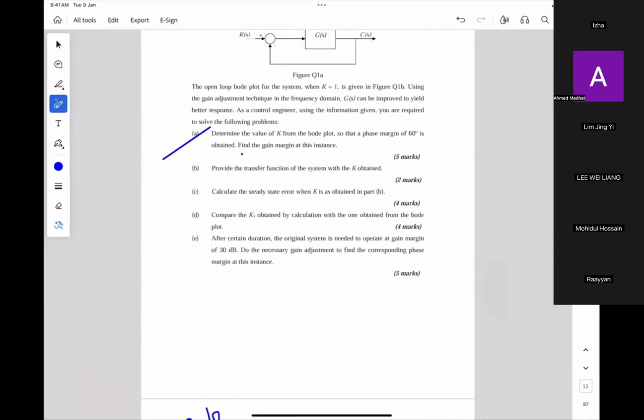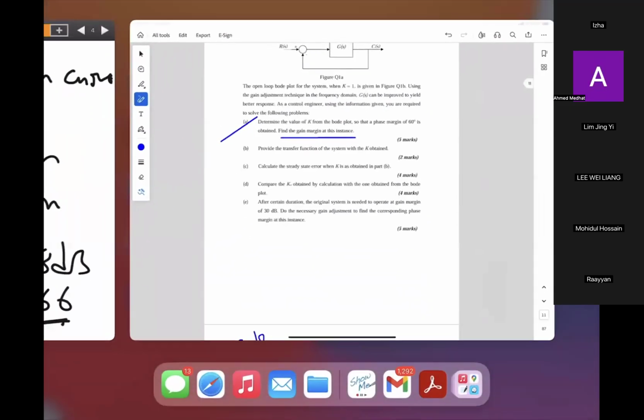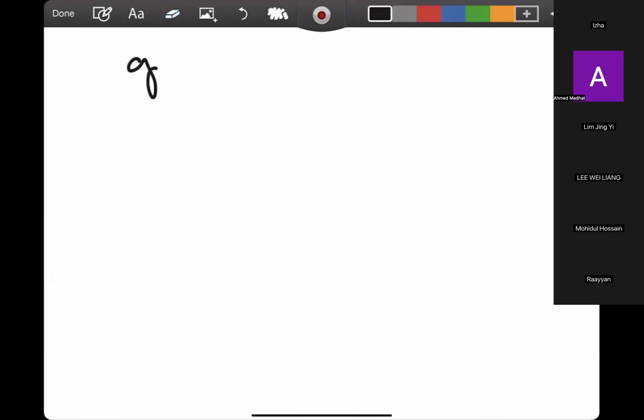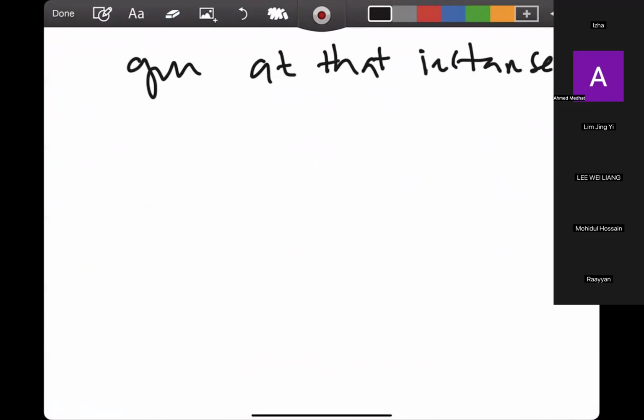Okay. So you have to find the corresponding gain margin at that instance. Gain margin at that instance is